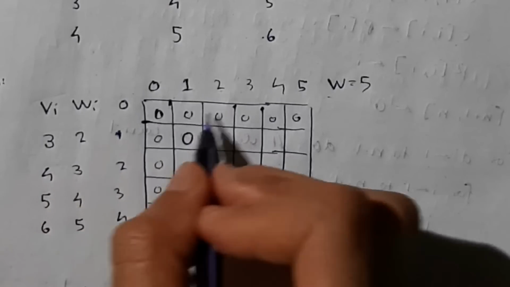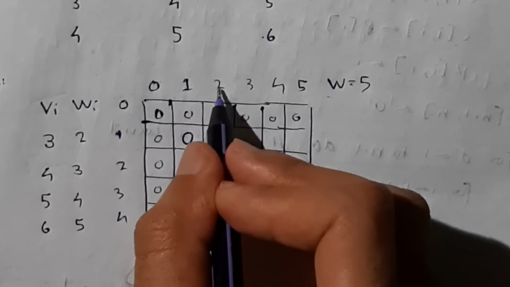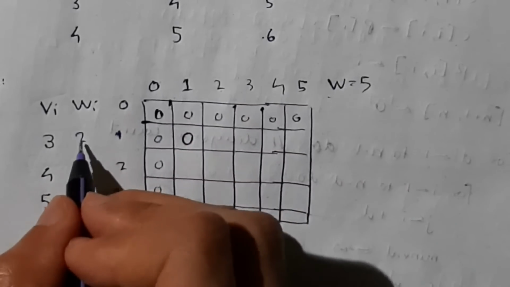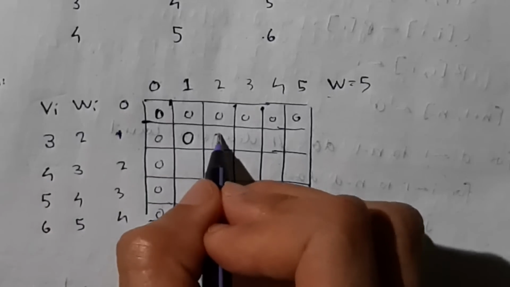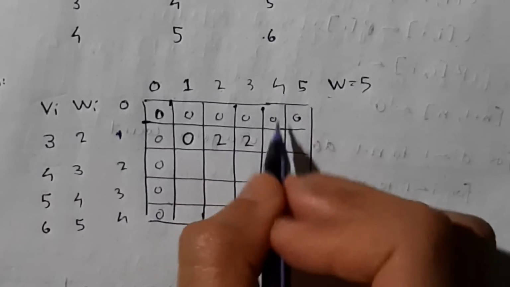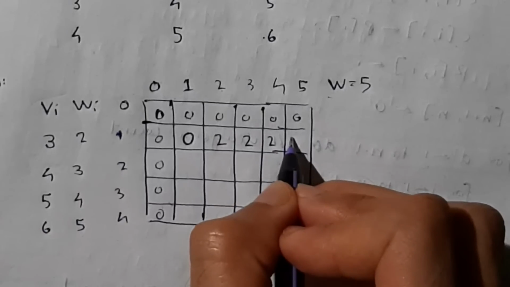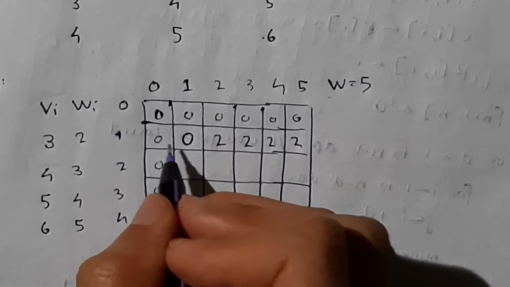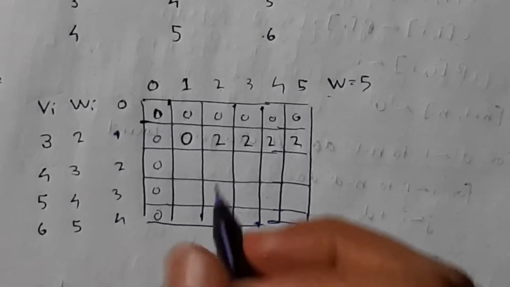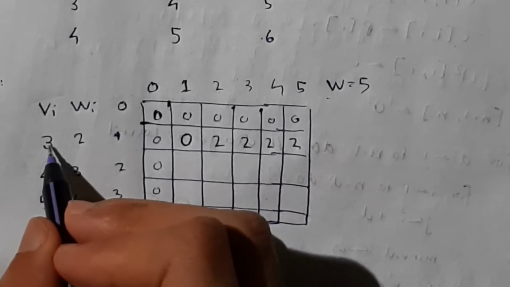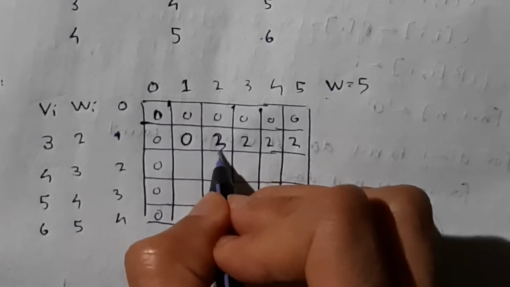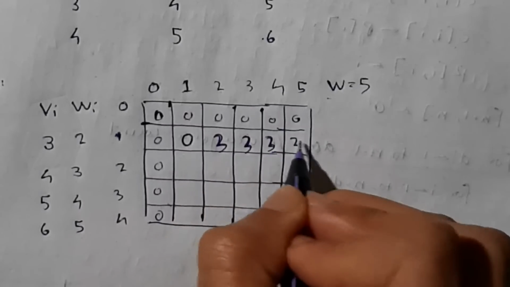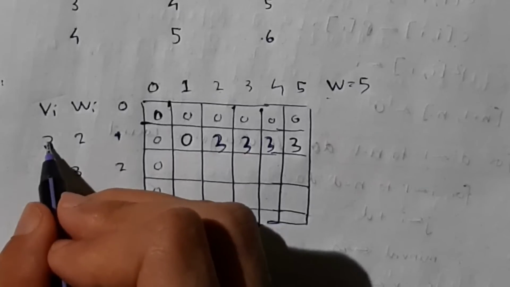For this to happen, it should at least be 2, right? 2 kilogram container can fill with 2 kilogram of rice, so here we will fill as 2 kilogram of rice, and 3 also can fill, 4 also can fill and 5 also can fill. Okay, so we'll be filling with 2's here. Actually we should not fill the weights here, we should fill the values here, means how much profit we will get, that we will be filling here. Okay, so here it will be 3, 3, 3 and 3. The profit is 3 for this one.